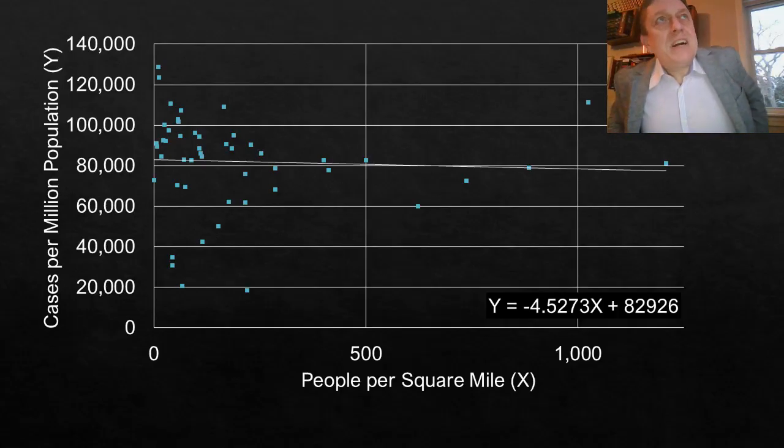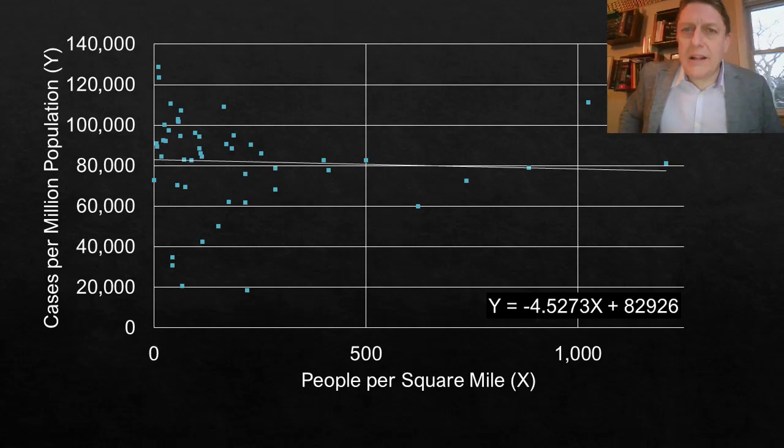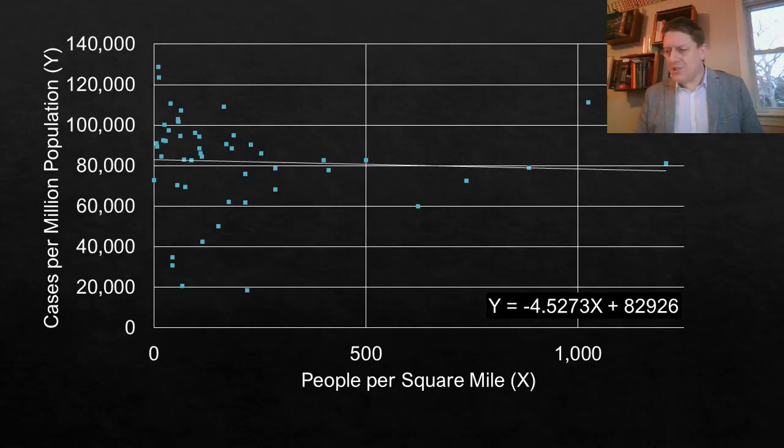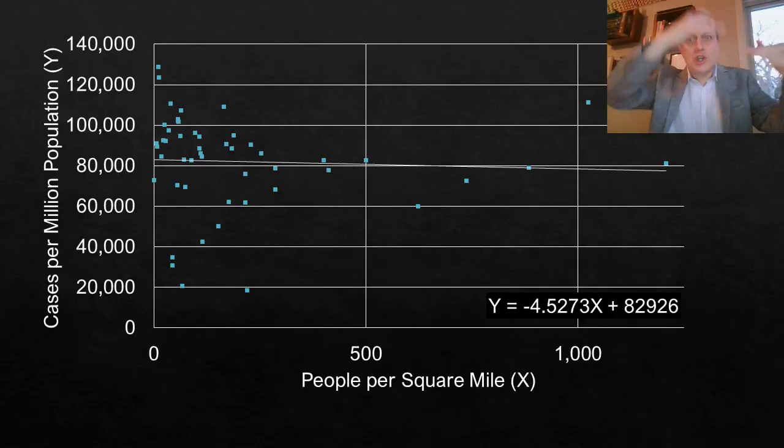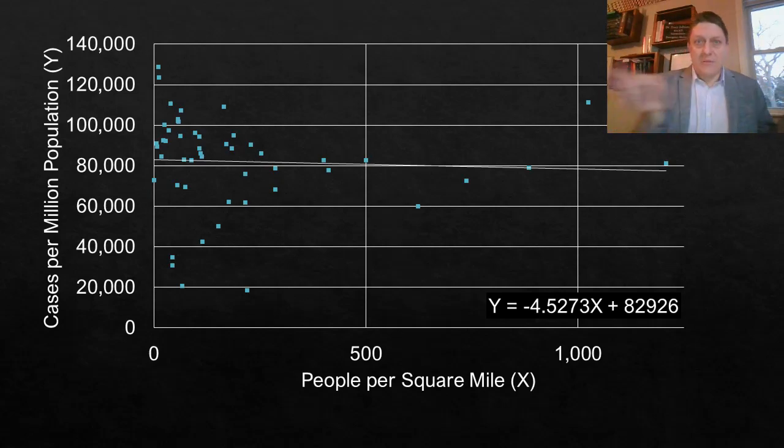This is confounding for many people, including myself. I expected this to be a positive number, because as a sociologist, I know that when people come closer together, they're more likely to interact. And I know that viruses are things that spread when people interact. So how strange is that? What it says to me when I look at this graph is that there's so much variation going on at every part of this graph from left to right in the y-axis, which is the number of cases per million, that something else must be causing that variation.